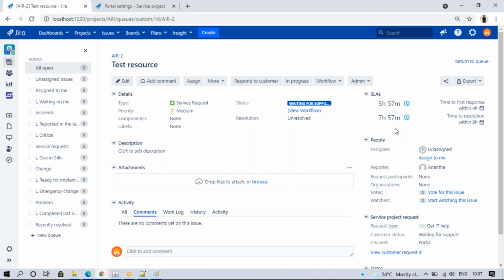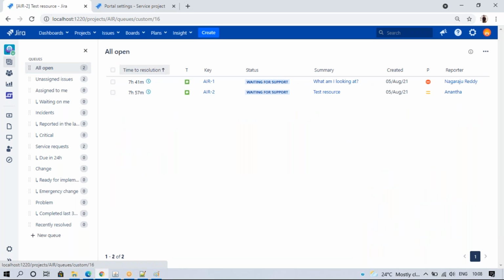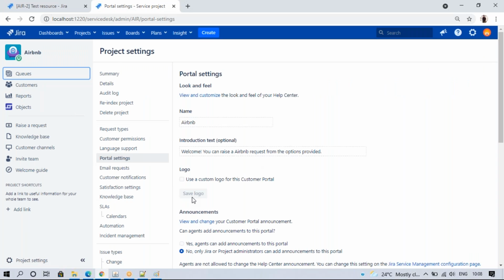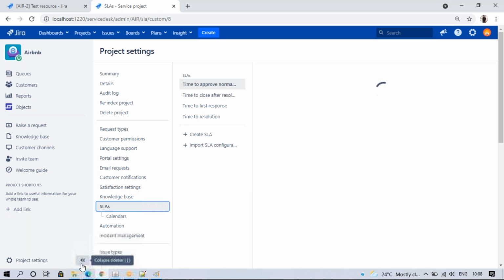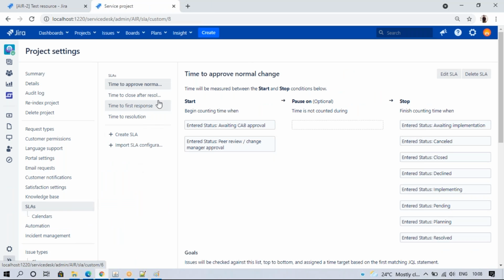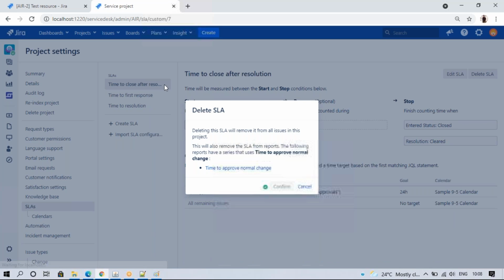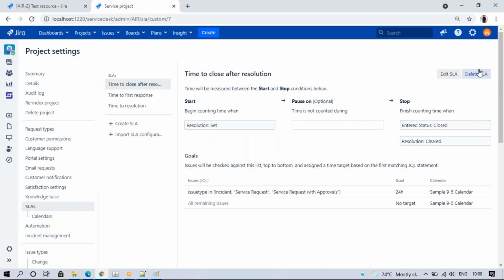So how can we do this? Already 3 minutes are over. Within 4 hours, within 8 hours, but already 3 minutes are over. So it will decrease one by one, and in the end it will go into the negatives as well. So how can we configure these SLAs? I'll just click on SLAs. First of all, I'll remove all of this, because if you see this you cannot understand it. I'll configure it from scratch.